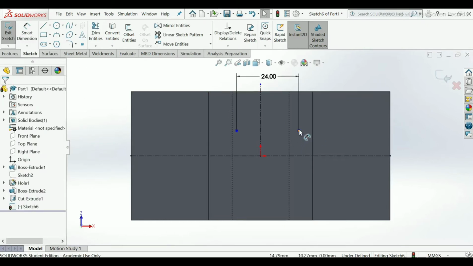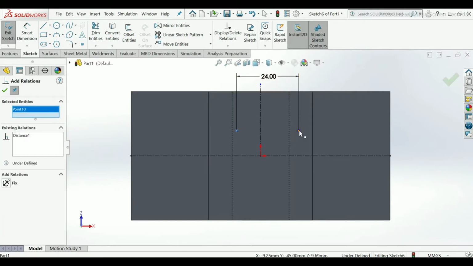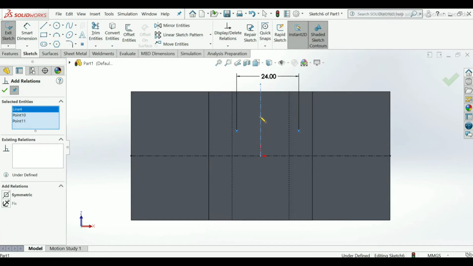But it is not symmetric, so apply the symmetry. Add relations, select this point and this point, and make it symmetric about this vertical line.